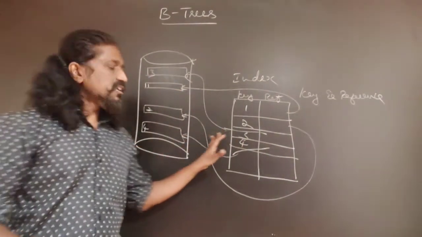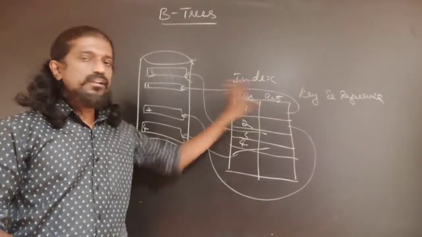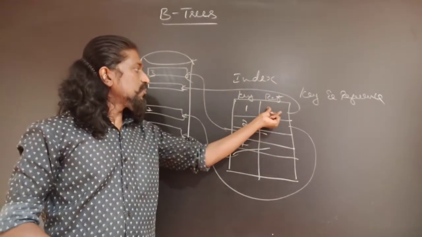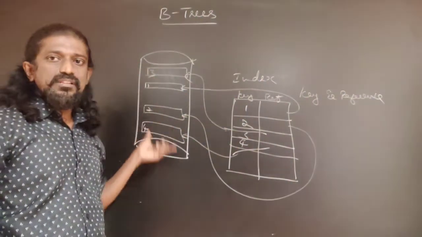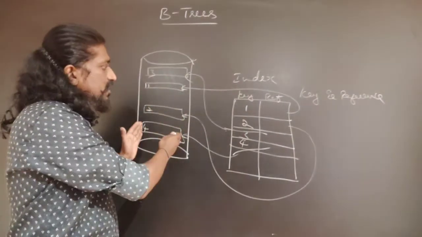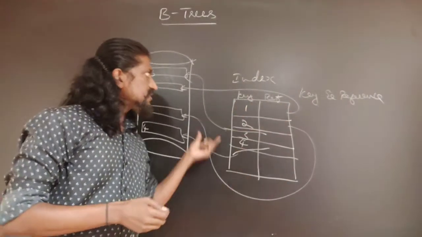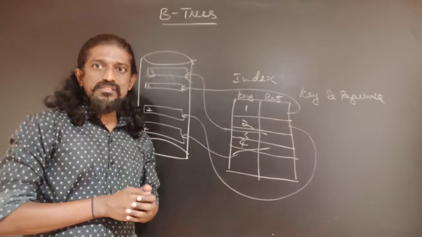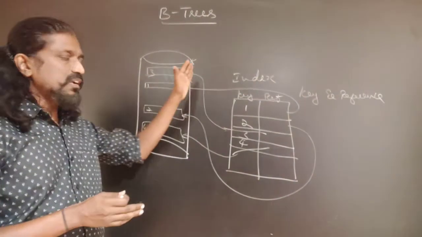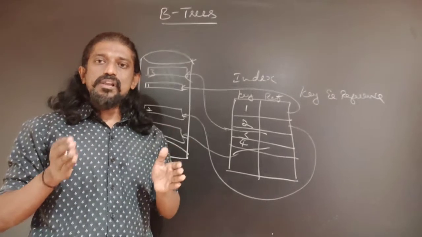So now things will become easier if we can store this. This is called the index table, which has the key and the reference. Key is the key with which we identify the data record, and reference is nothing but the address where this particular data record is present in the hard disk. So now, since we can't store the whole data records in the main memory, they require more memory, we can construct an index table which consists of only keys and their references. And since this index table will be comparably very small compared to the actual data records, because the data records may consist of many fields, here we are taking only one field,